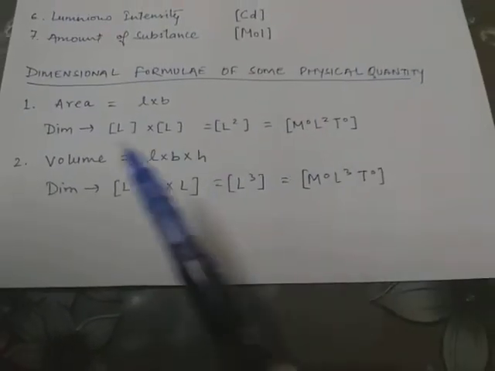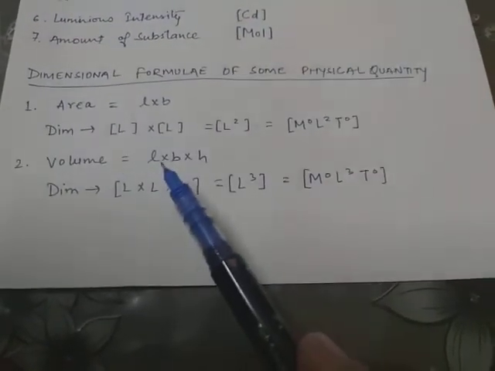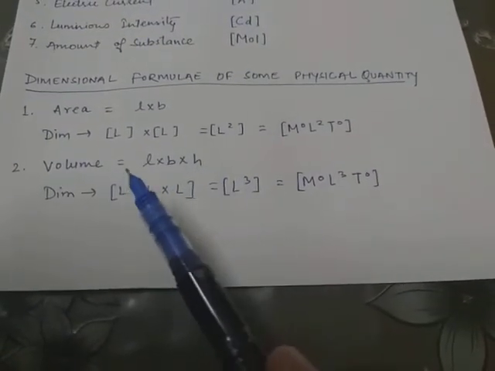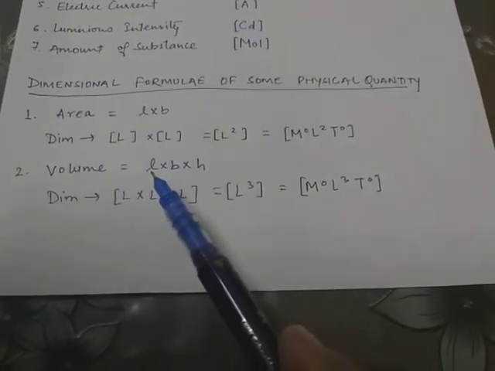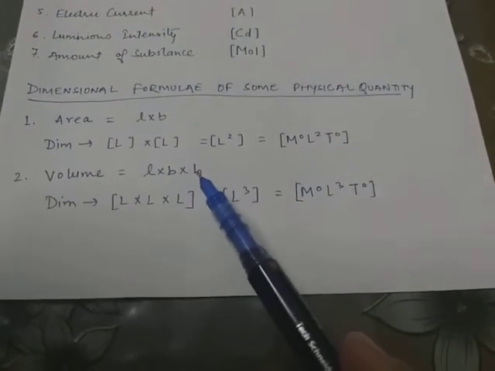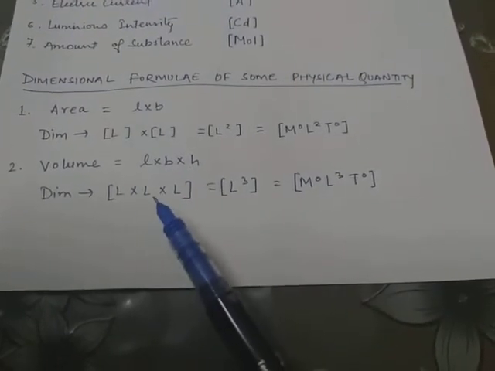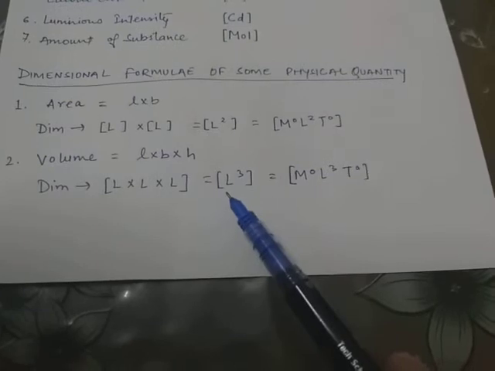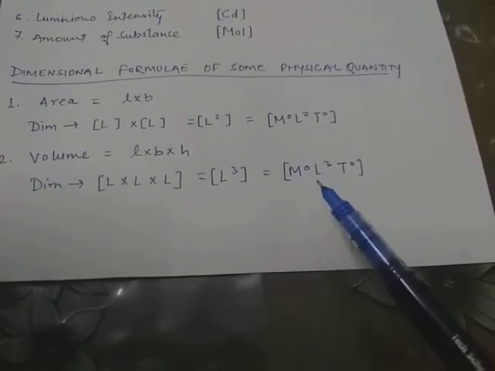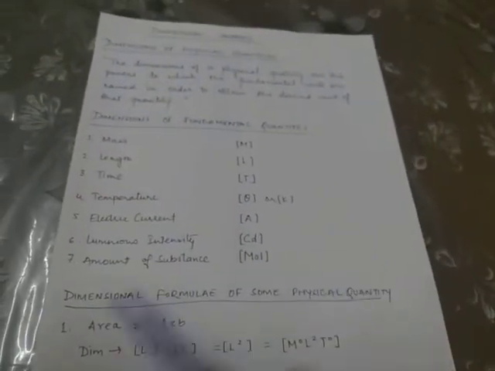Next is volume. Dimensions of volume. First, the formula L into B into H. That is the formula of volume of a cuboid. L length, width and height. But all these three things are measured in meters, so all have dimensions L, L and L. So it will be L cube, and it can be written as M raised to power 0 L cube T raised to power 0. After that,